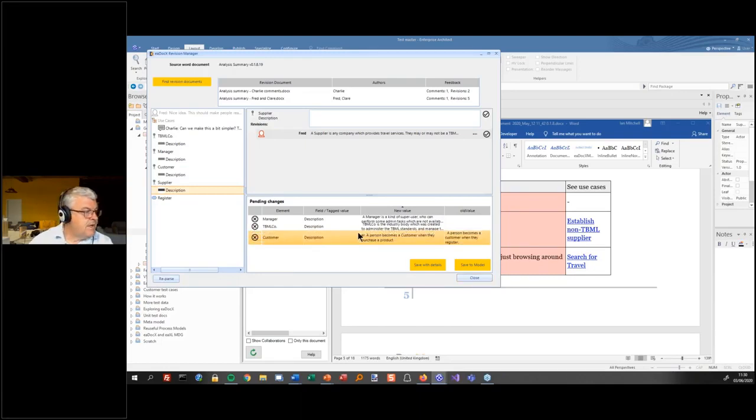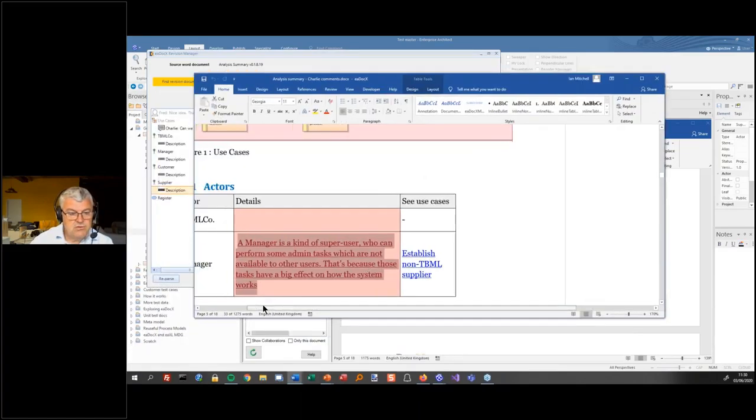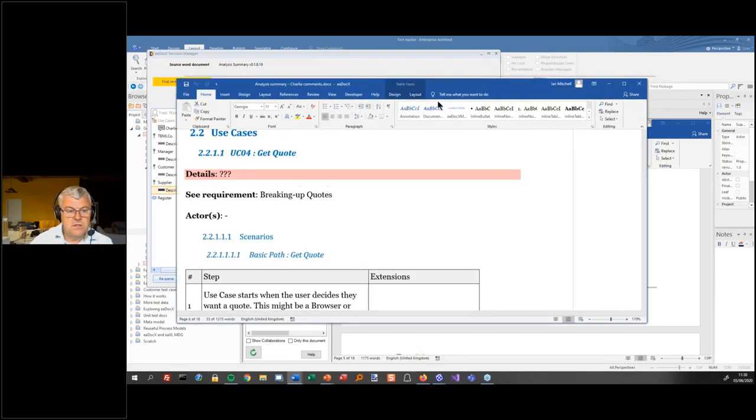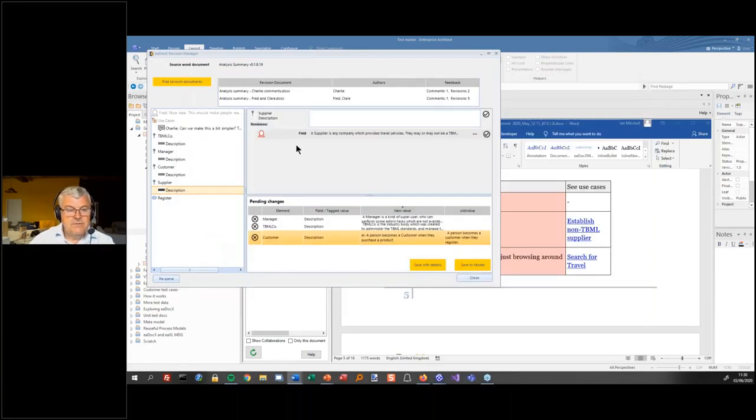And we can find out where that is. So here's where somebody has written extra stuff into the document. So just to prove there's no dark magic going on here. And Fred's done that. Thank you, Fred. And then